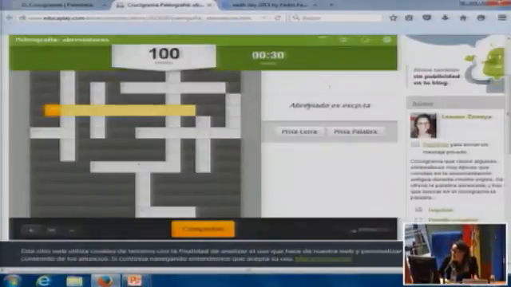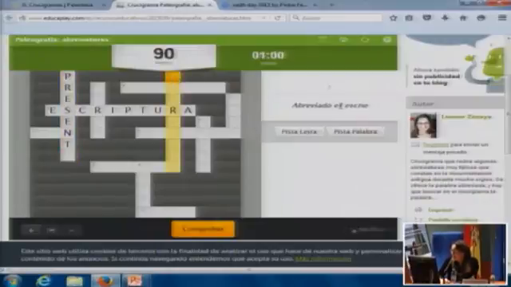For example, say, abbreviating is scripta. So you must write here, scriptura. And imagine here we have this, and we have no idea about what. So we can ask for hints, a letter hint here, and I have no idea, another. So you are losing points. And here, imagine, they are saying, abreviado is escno, scribano. It's quite easy. But if you have no idea, you can ask for the word. So I think that can help. At the end, you say, oh, I'm bored yet, so you can check it.